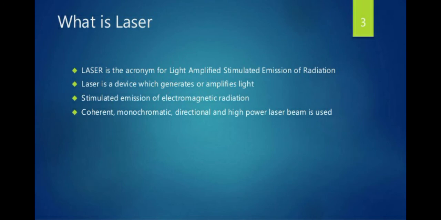The next one is directional. Where you want to remove the material, where you can focus, you place the lens over the surface. A high power laser beam is used, because in this process we are not going to machine any very light material. Sometimes we will be removing the very hardest material. Also this is a fine process, which means a finishing process, where we need more energy, so a high power laser beam is used in this process.